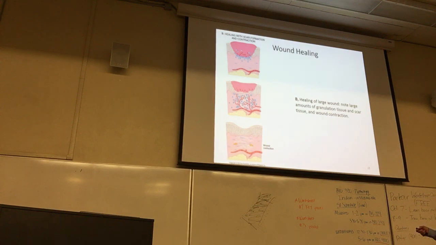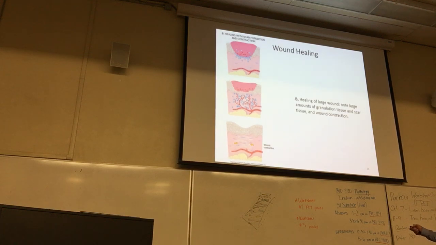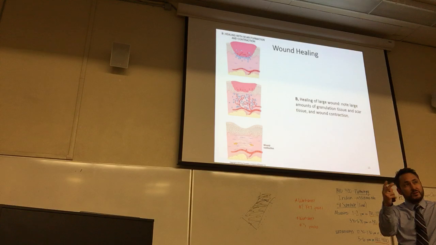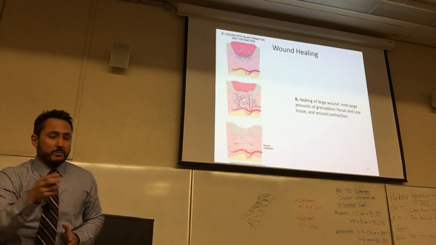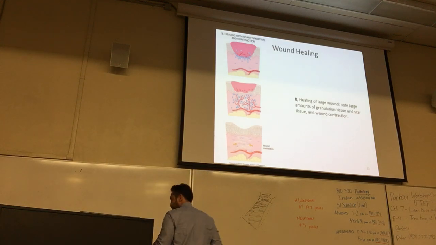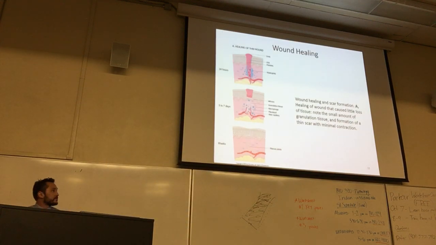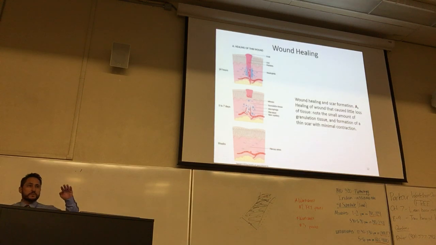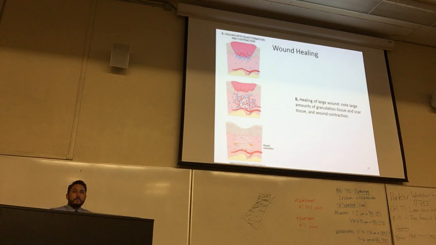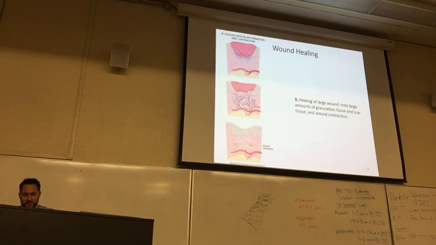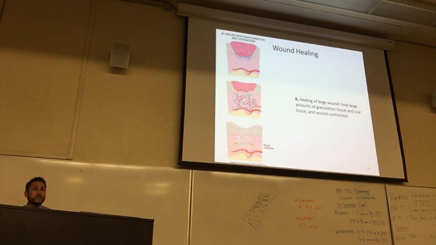And when you contract the wound, you get a greater defect at the surface of the skin and a more robust fibrotic response because you've had to bring in more collagen to fill that gap. So healing by second intention on this slide, and healing by first intention on this slide. All the same steps, it's just second intention is a much bigger initial hole or gap. And so you have a more robust response with second intention healing. Questions?